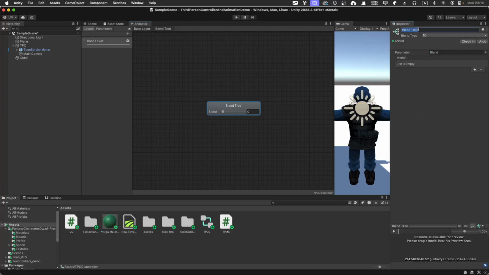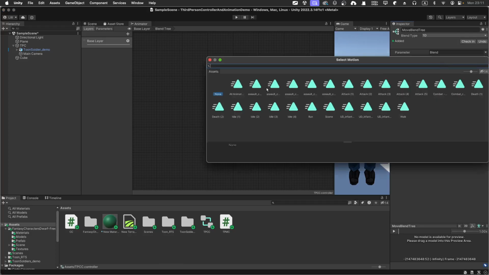Okay, so for example, you can say there will be, I don't know, a move blend tree. Okay, move blend tree, and yeah, you're inside of this blend tree. You can add a list of motions. We got a lot of added motion here. I think this is the trooper's motion. Okay, so we got